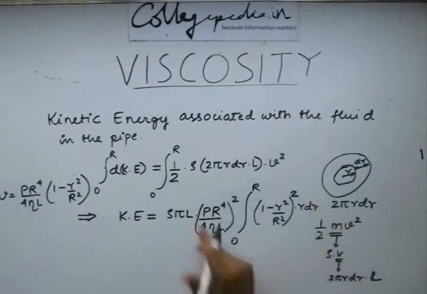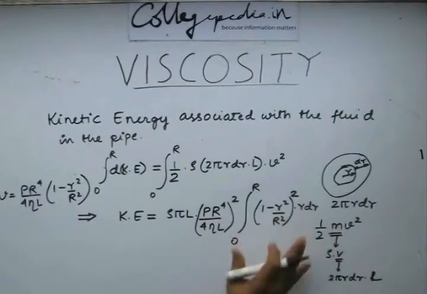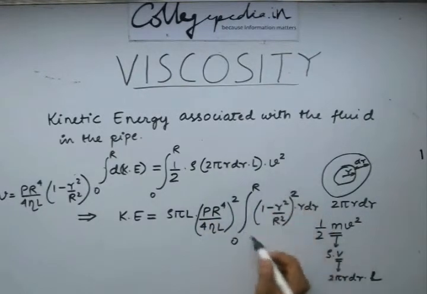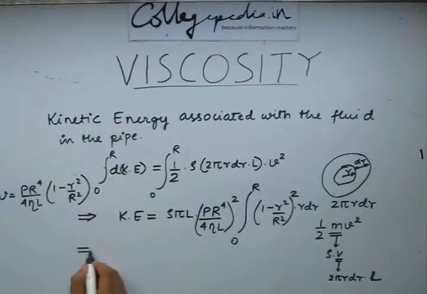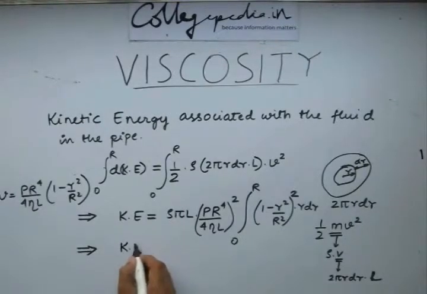If we evaluate this integral, I am not doing it here. Let us keep it as a task for you to solve this integral and verify the result that I am giving right now. So the result we get is kinetic energy being equal to